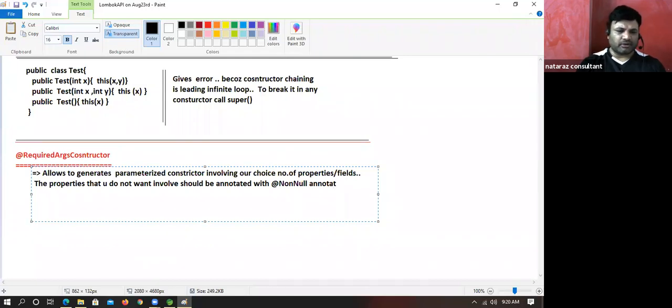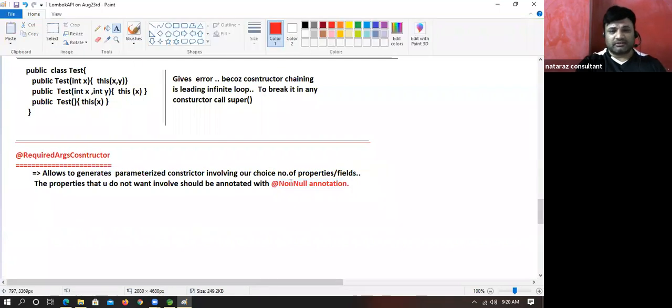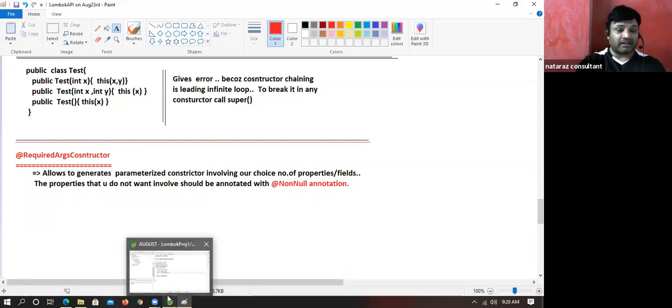What annotation, boss? @NonNull annotation. Are you getting my point? You should have the @NonNull annotation. This is also very, very important, boys. You should place the @NonNull annotation. Okay, cool.